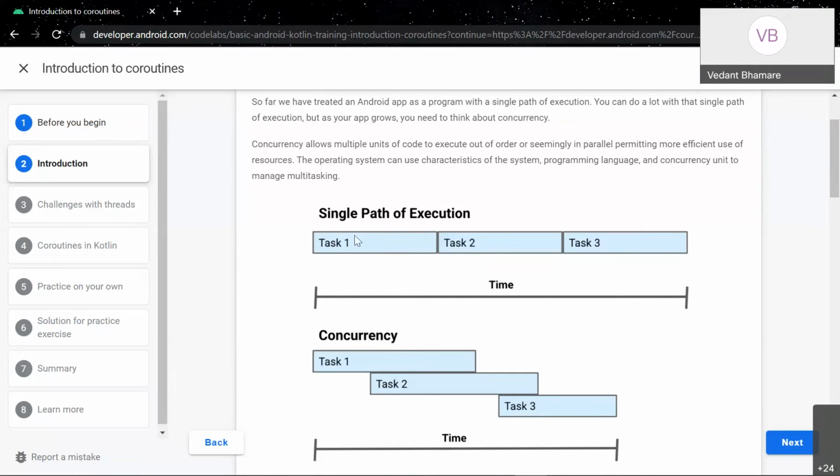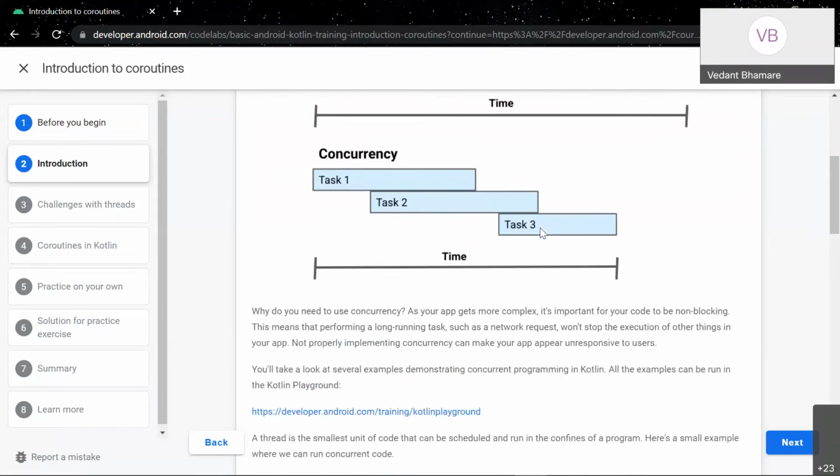So this is the first task executed. This is the second one. This is third. So they are executed in a line. Unless this task is executed, the second task won't start. So if here is your UI inflating, and here is your API call, and here is displaying the image, it would wait till the whole call is made and all data is fetched, and then it would show the images. So as you can see, it takes time and it is also a little bit laggy, and you can see the flickering while scrolling as well.